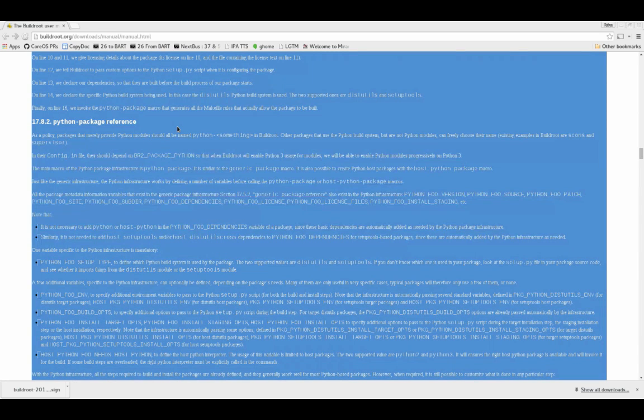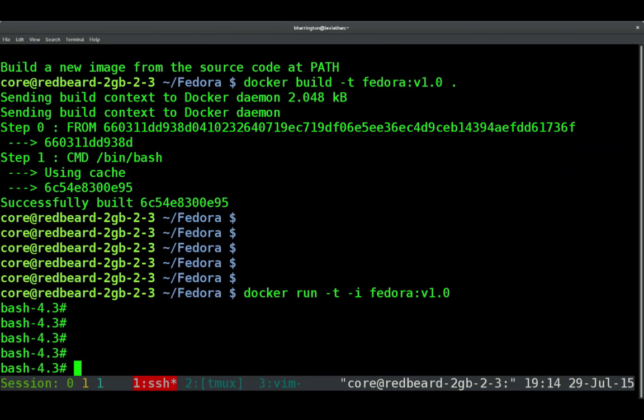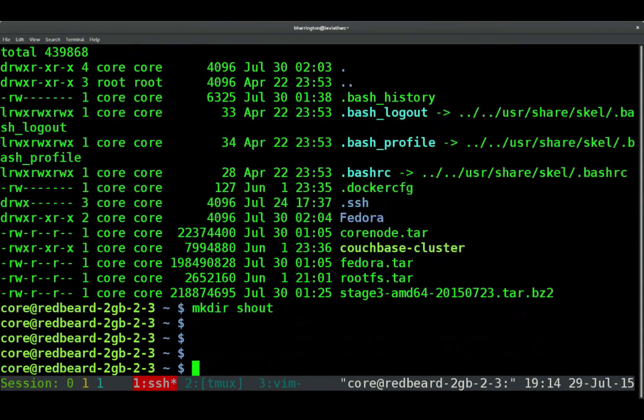Now, I have over here in one of these windows, back on this host, I'm going to exit out of that. We're going to get back into our regularly scheduled program. So I'm going to make a directory called shout. And first and foremost, I have corenode.tar. This is where I've already gone through in the past and built a Buildroot container with Node.js and npm in it. So I'm going to say cat corenode.tar into docker import from standard in and call it